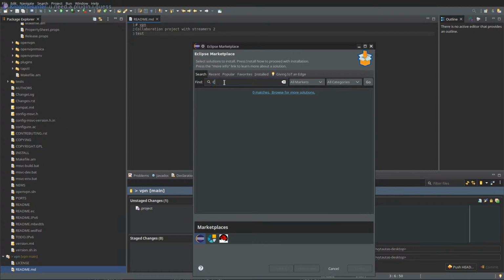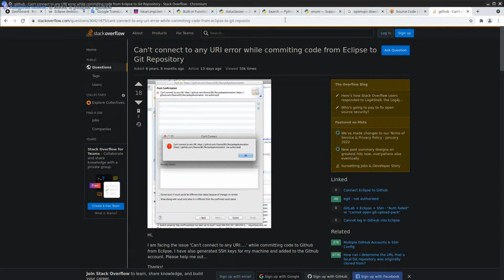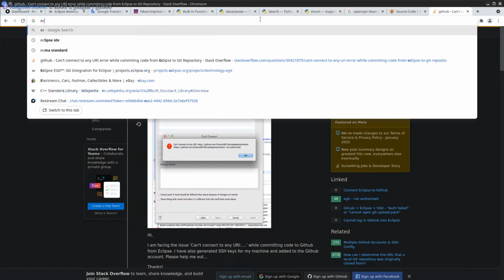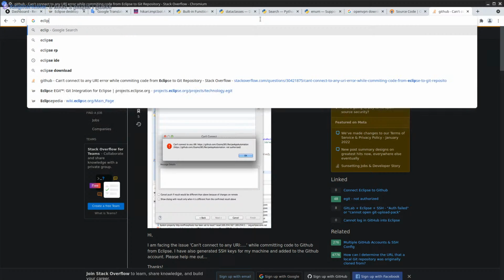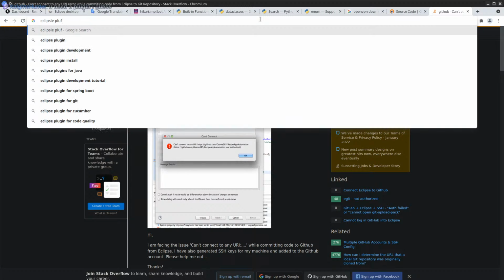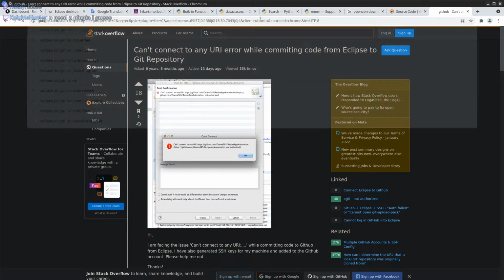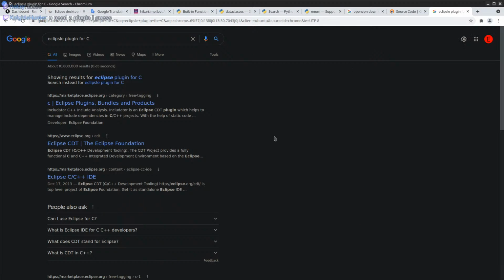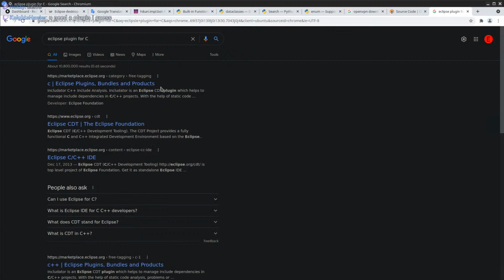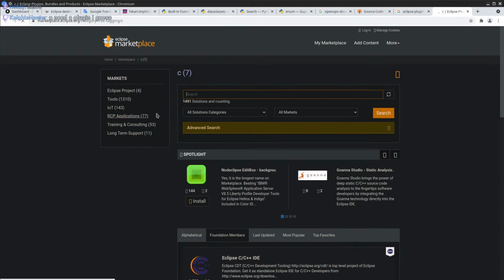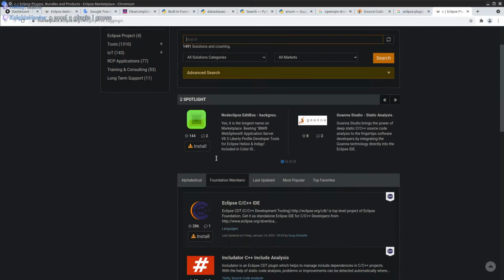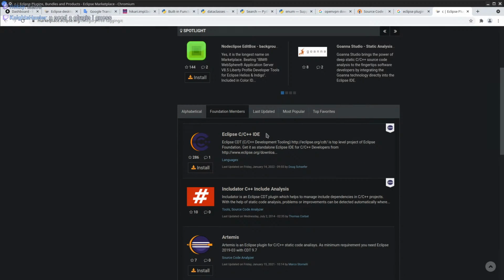Yeah, C. Maybe I should Google. Eclipse plugin for C. And it looks like it's Eclipse C, C++.